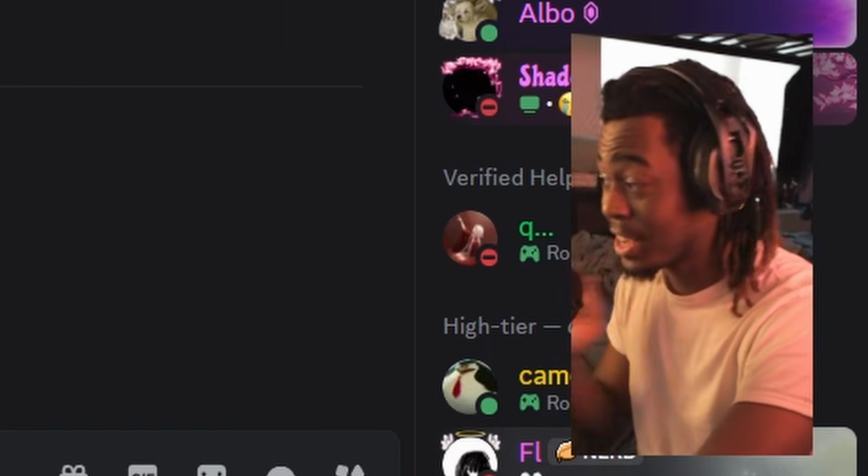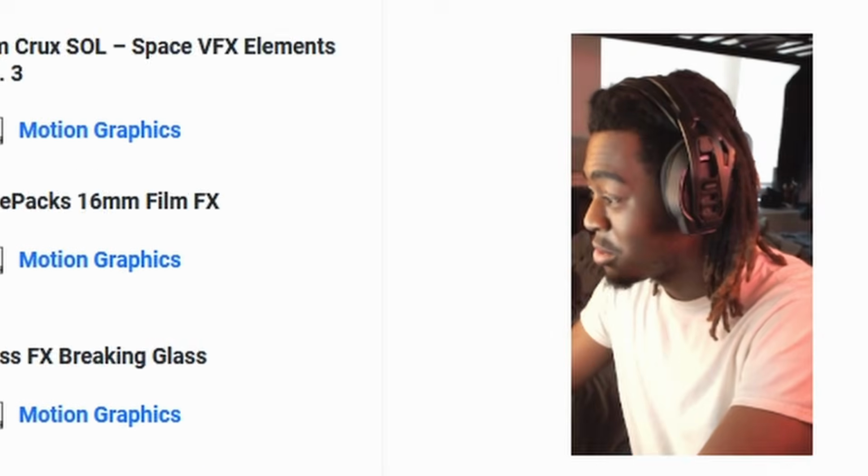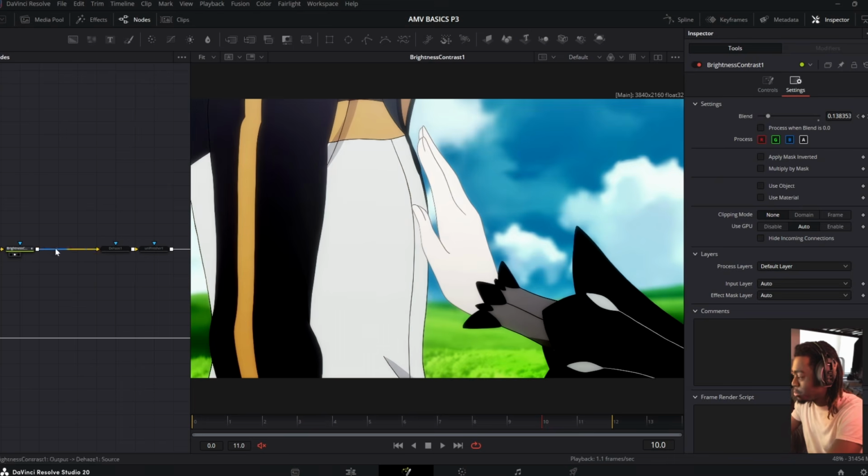And before you even say it, oh, what about my LUTs? I went to your editing pack section on your server and downloaded all these LUTs right here, but I don't know how to use it. How do I do it? I got you. Hold on. So let's say you want to use a